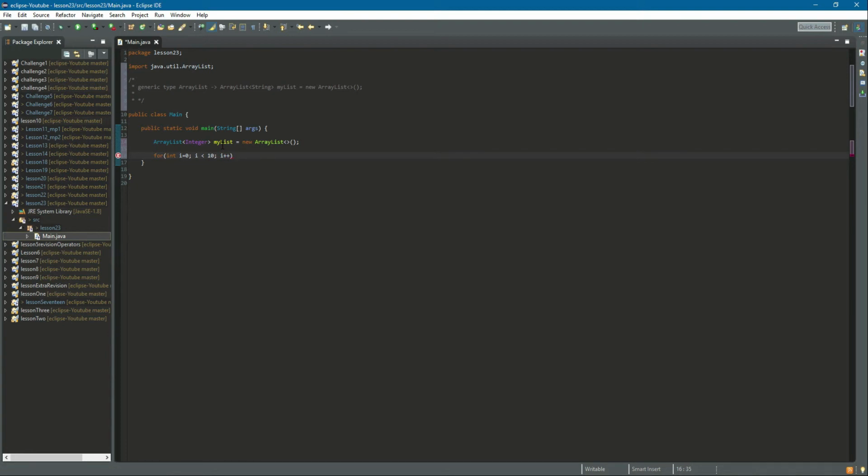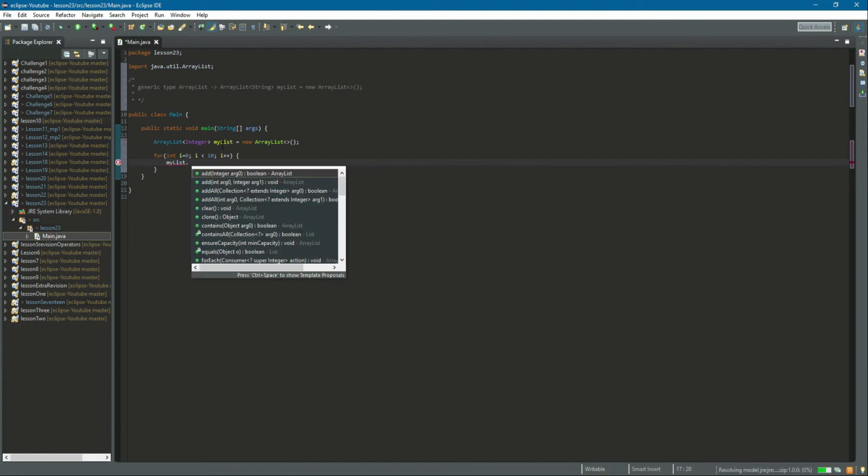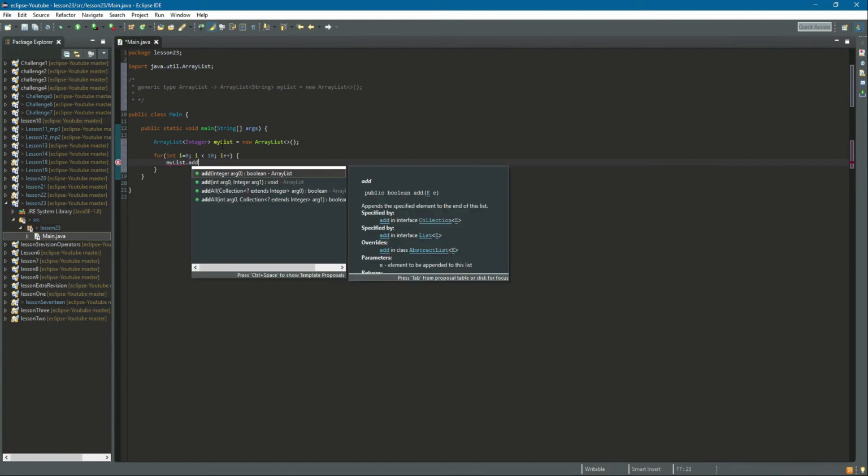And then we can open up our curly brackets. Sometimes it doesn't work with my keyboard because I have many languages in it. Inside the for loop, every time that you loop, you add to my list